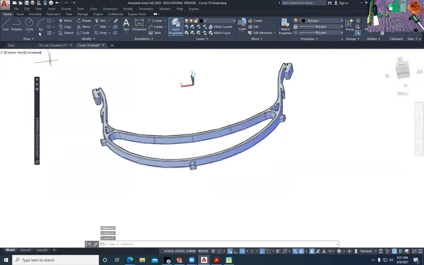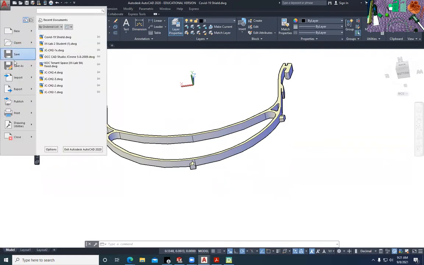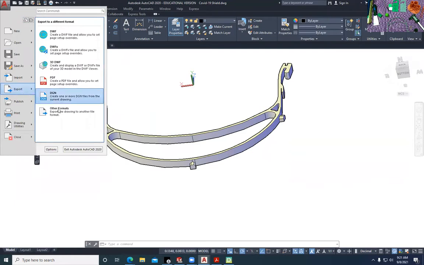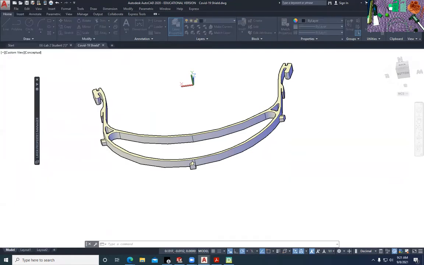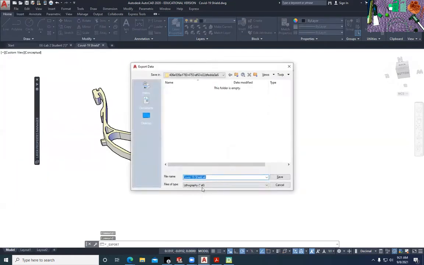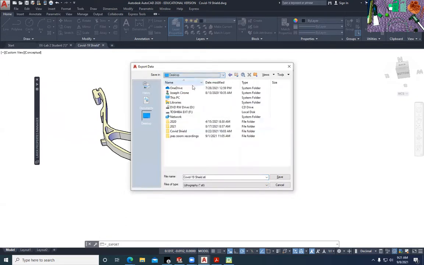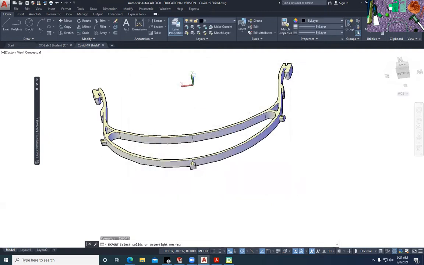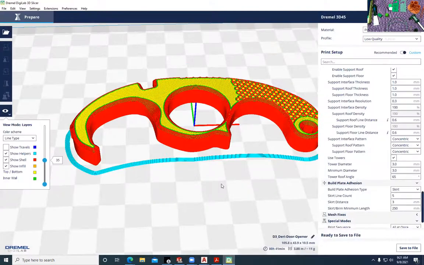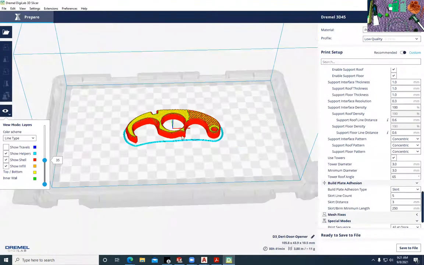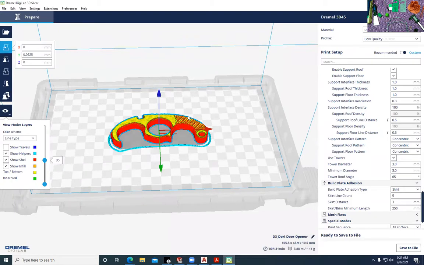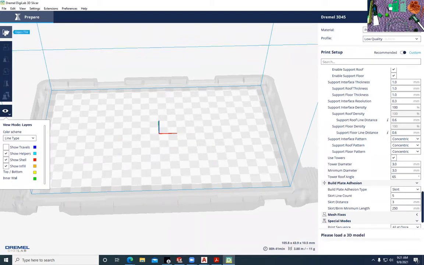I can then save it or export it by going to the big red A and selecting export, other file formats, and export this as a stereolithography file. And I'm just going to throw it on my desktop and save it. I can select the part and hit enter. And then I'll go to my Dremel slicing software, and I'm going to remove this part, and I'm going to open